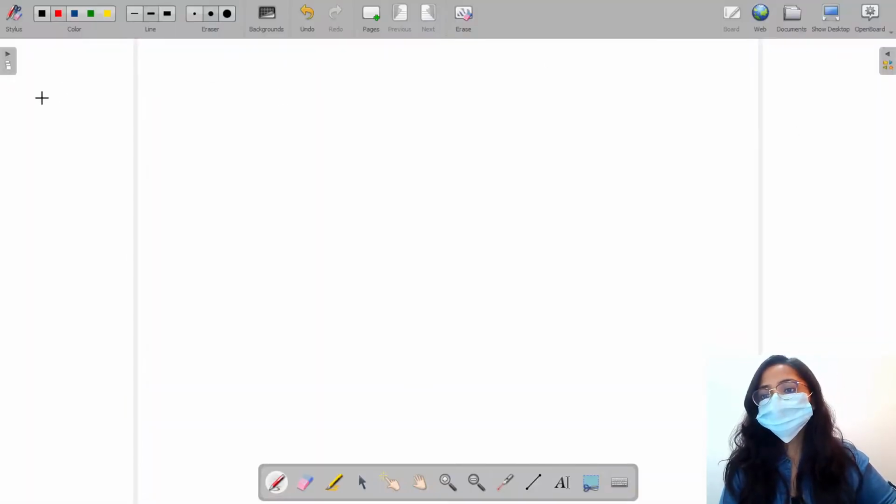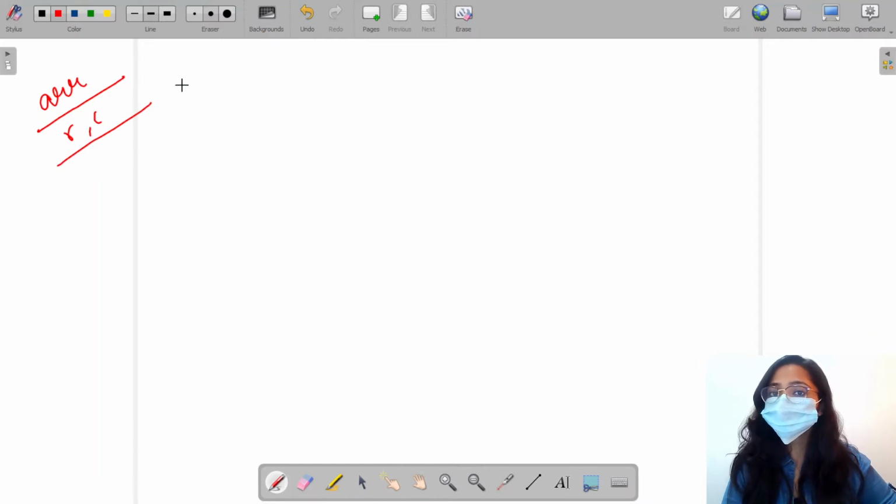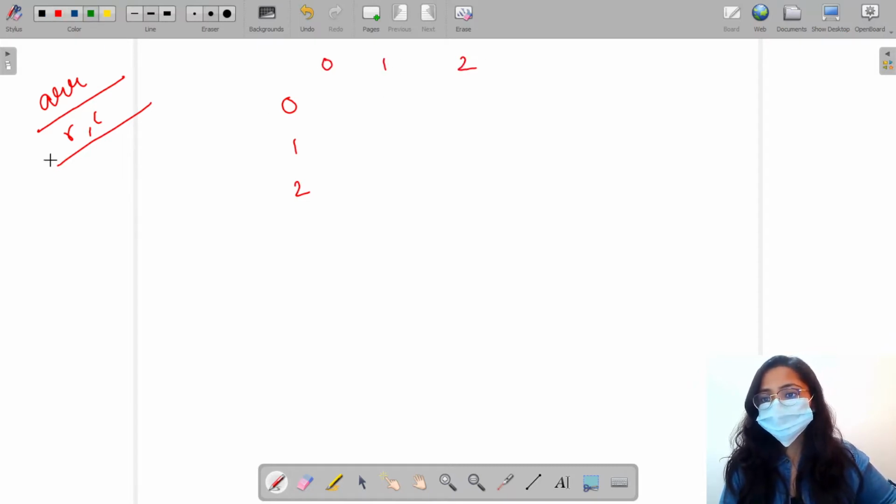So today we have been given an array, and for the array the number of rows as well as the number of columns will be given to us by the user. So let's suppose that the number of rows and the number of columns which we have received today is 3. So the value of n is 3 and the value of m is also 3. So we have gotten an array.